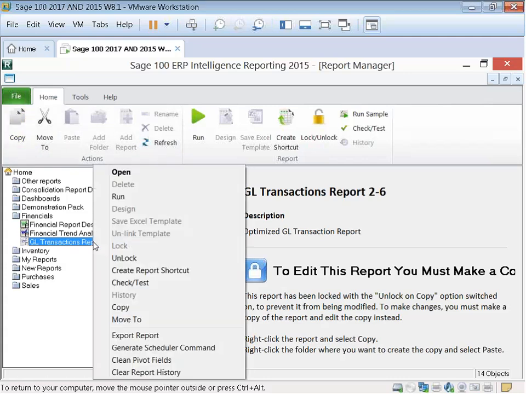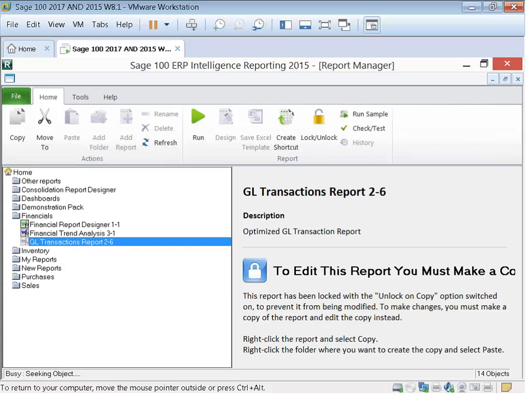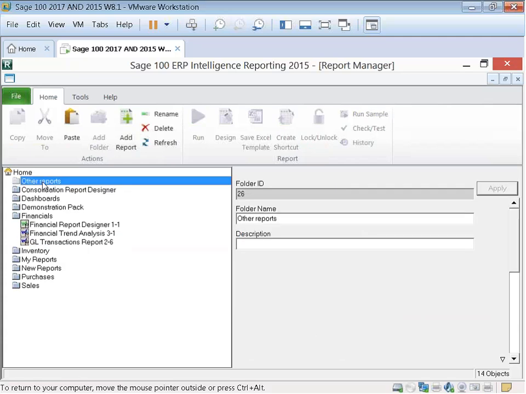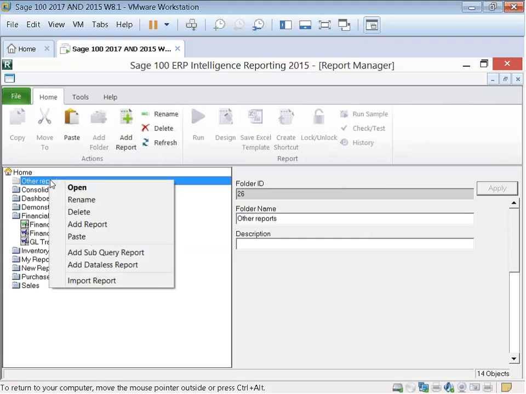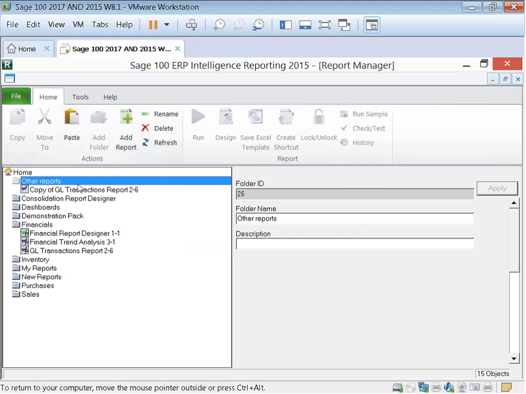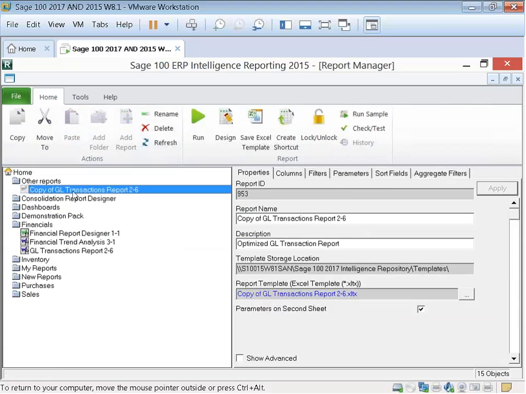Or an option is to right-click, select copy, okay? And then I'm going to find my other reports folder, my brand new report folder, and you can add this anywhere. I can right-click and paste or select the paste button, either way, and there's the copy. Now, I do want to make sure you know that I'd rename this. Come up with a name and rename it because you don't want "copy of" there. You want to make sure that it is conducive to what the report really is doing, okay, so people understand